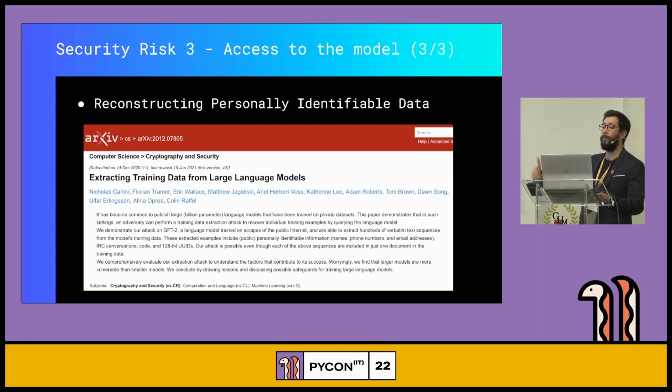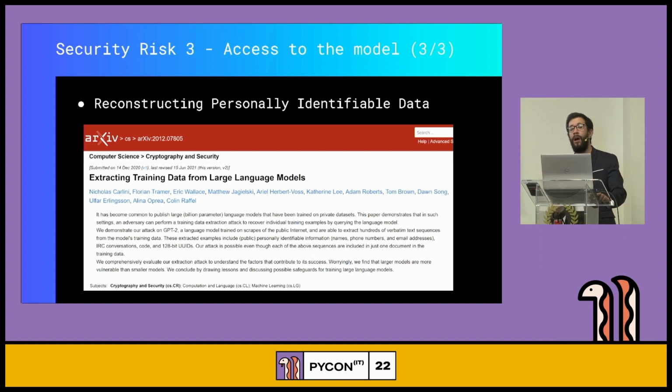The second type of access to a model would be white box model access to that model. That means access to the actual model weights, to the artifact itself. And there are some interesting risks that are involved with that. This is actually a very interesting research paper that showcases how it is possible to extract training data, or at least, in some cases, some training data, and potentially sensitive data, from, in this case, a large language model, right?